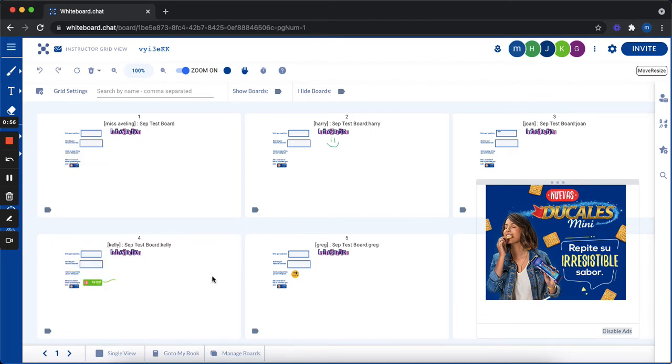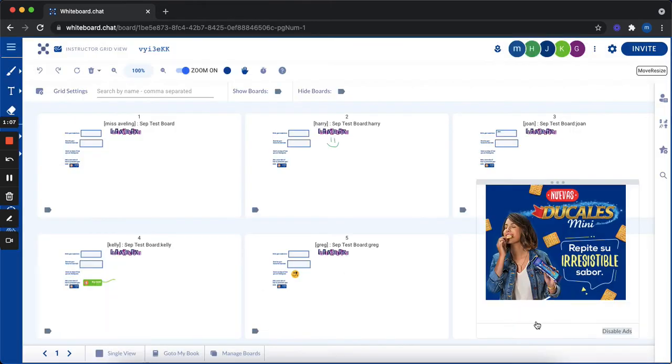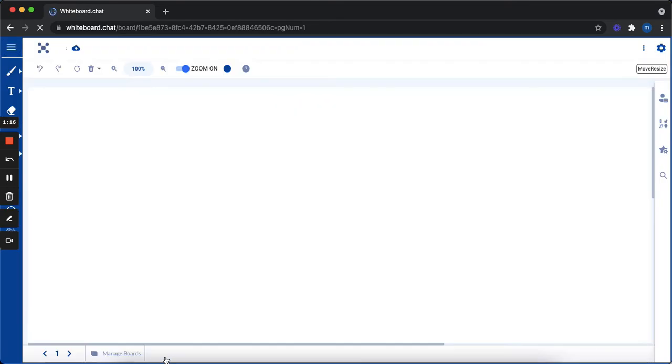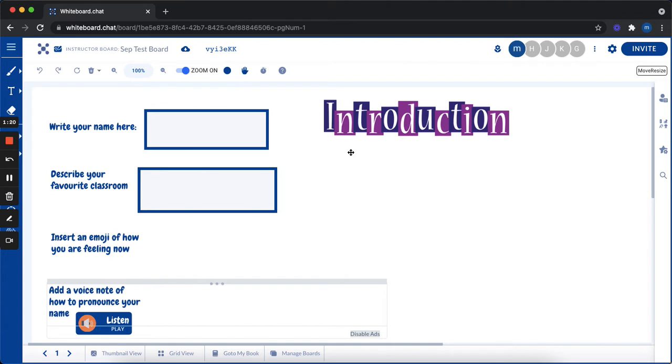Okay, so now I can see all my students' boards. Okay, that is one way to see the students' boards, and if you want a closer look, you can click on there to see what they've actually written on there, you can join it, etc. There is another way to do this. So if I go back to my board, so the first way was grid view, so using the grid view option. The second way